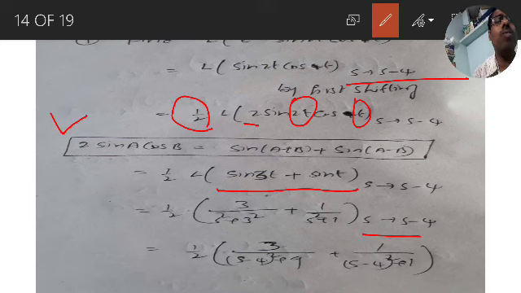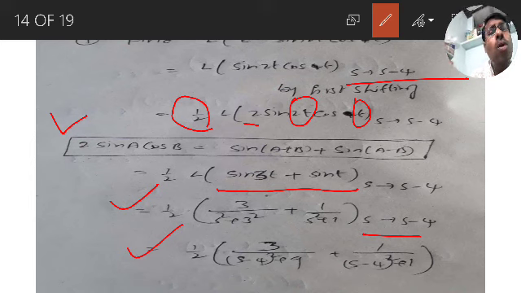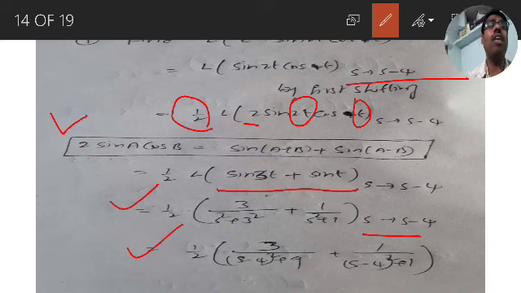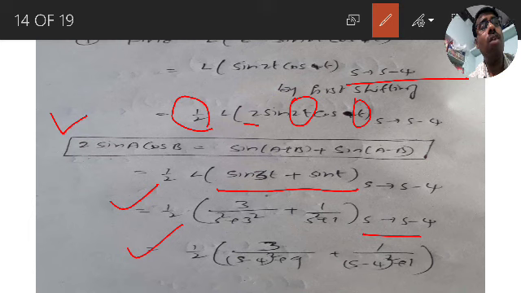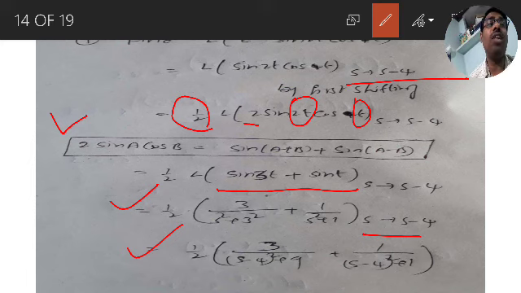Replace s by s minus 4. What is the final answer? 1 by 2 into 3 by (s minus 4) whole square plus 9, plus 1 by (s minus 4) whole square plus 1. In place of s we are writing s minus 4. That is our answer. This also repeatedly came in examination because we are using first shifting,